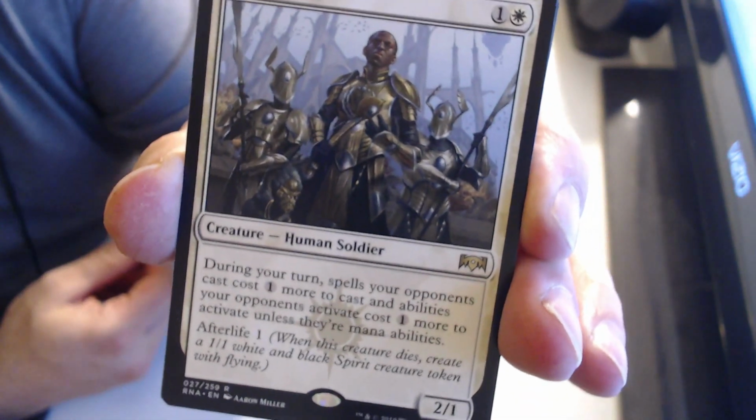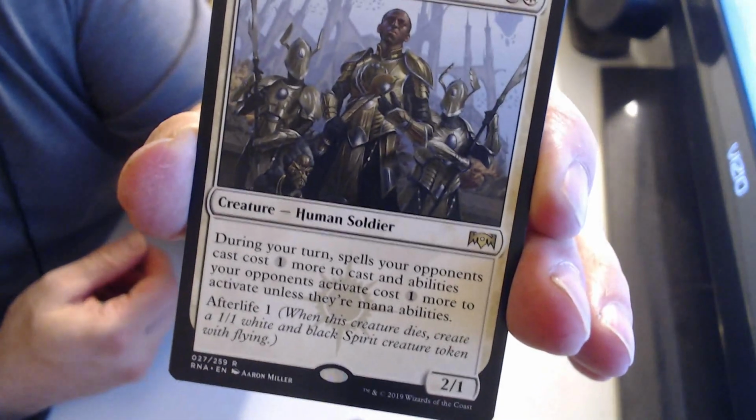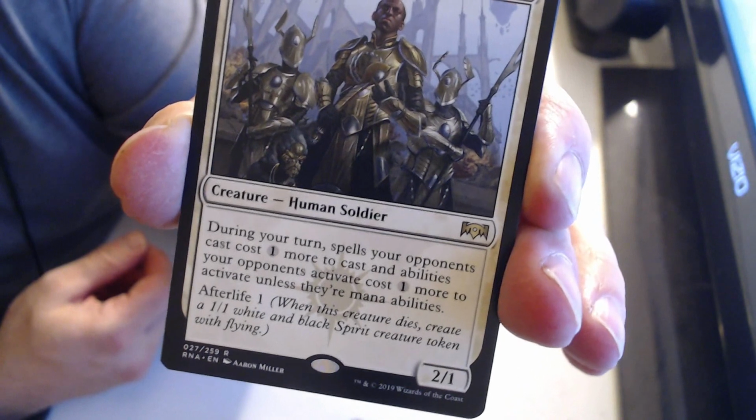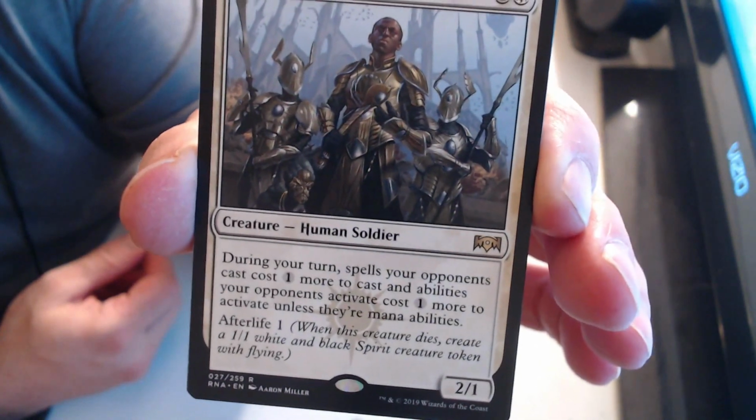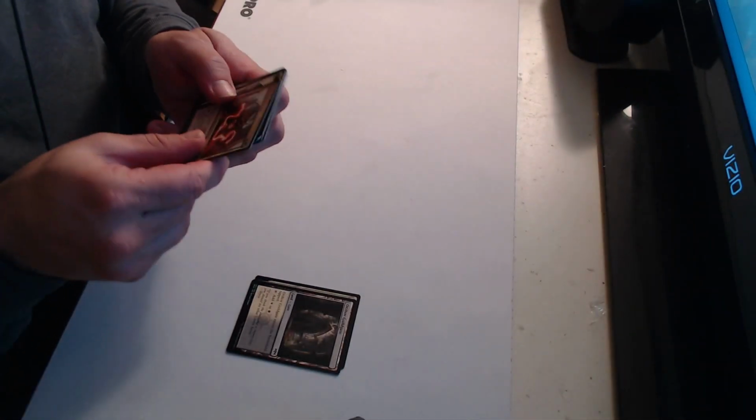1 and a white for a 2/1. During your turn, spells your opponents cast cost 1 more to cast, and abilities your opponents activate cost 1 more to activate unless they're mana abilities, and it's a 2/1. Also has Afterlife 1, so when it dies, you get a 1/1 Spirit token with flying. Then an Orzhov Guildgate, and our uncommons we have